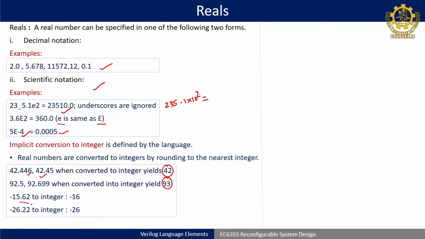Similarly, here they have taken minus 0.6, which is more, so it becomes minus 16, minus 15, and here it is less than 0.5, so it is minus 26. So, in real there is not much to learn. There are two representations accordingly. If you are doing floating point arithmetic in some arithmetic designs, DSP processing, communication or image applications, at that time you may opt for real numbers instead of round-figure integers.